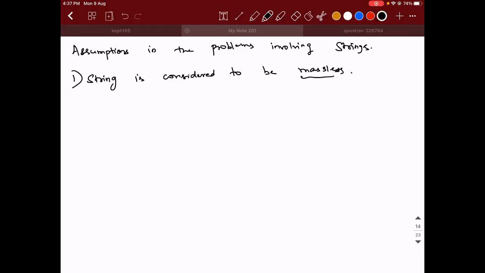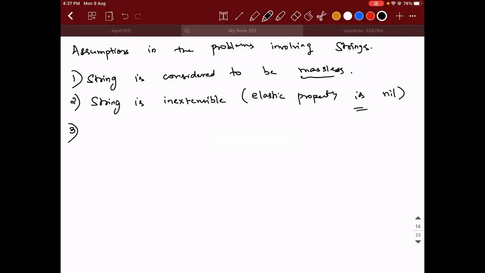Second, we assume that the string is inextensible. So what do I mean by inextensible? Its elastic property is nil. It does not have any elastic property like a rubber band. Third, if points 1 and 2 are satisfied,